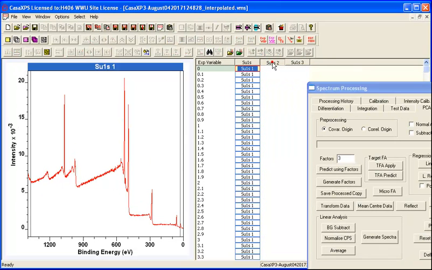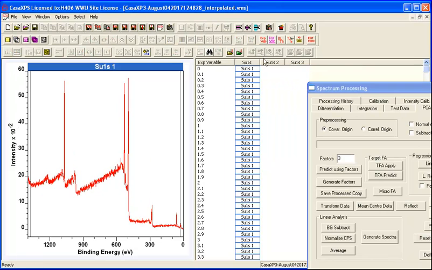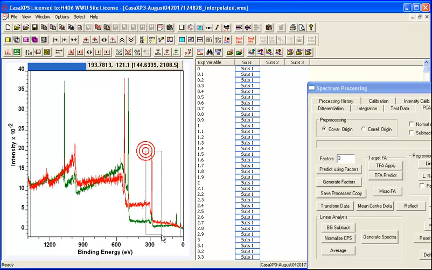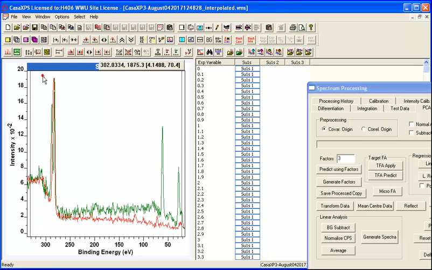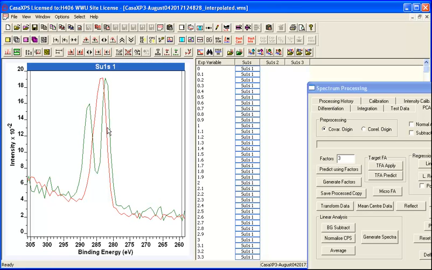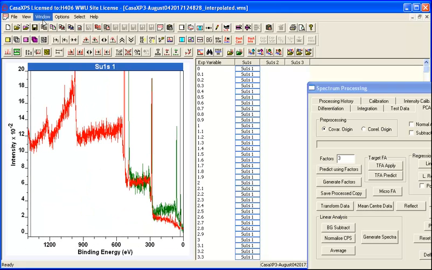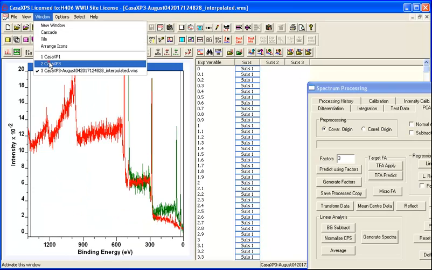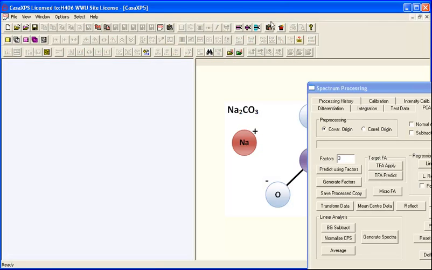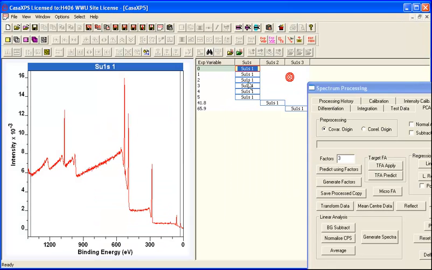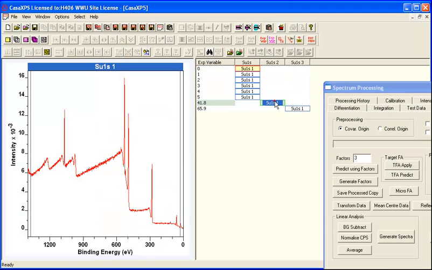So now I have, from my difference list, I've identified two spectral forms which are potential candidates for understanding the original data set. And so you can see that there are two different shapes for this carbon 1s. So we will take this through, and I will also copy these survey spectra and we'll put them in a new file. So I've got the two different spectra here,